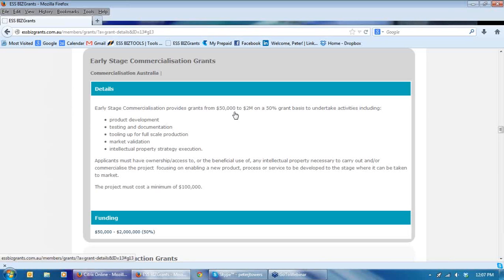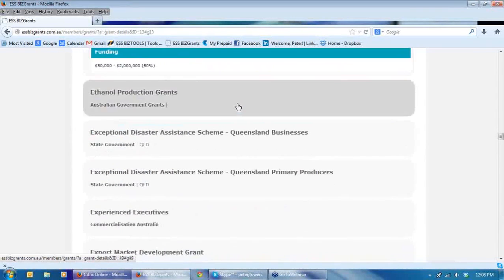Commercialisation Australia only supports companies prior to their first commercial sale, so it's covering the period from the time someone's identified a product, they've done the preliminary work on it, they've done some preliminary market testing, they've got some feedback from some focus groups that there's some interest in the product in the market, but they haven't yet developed the product to the stage where it is commercially able to be sold, where there is assistance under the Commercialisation Australia program for that type of situation. So that's a bit of an overview of what's in here in grants.